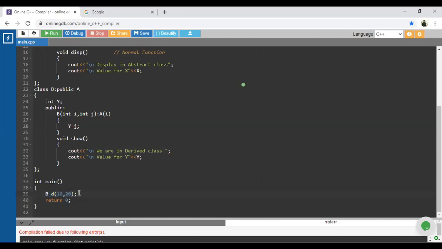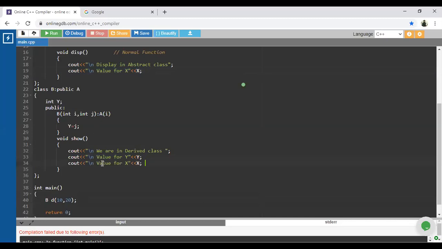Now suppose we have to display all the values. How are we going to display all these values, guys? We could create a pointer variable, or a better way, instead of calling the display function normally, I will call the single function which is available inside the derived class without creating the pointer.